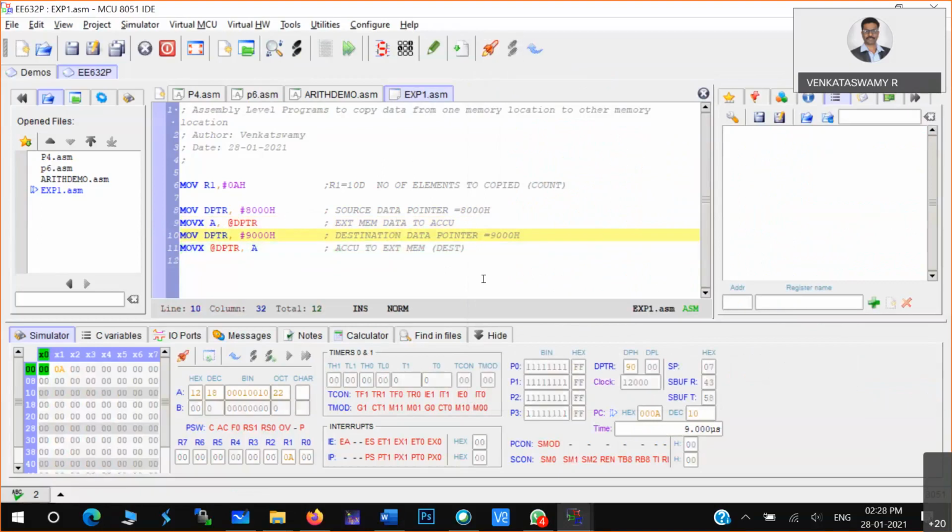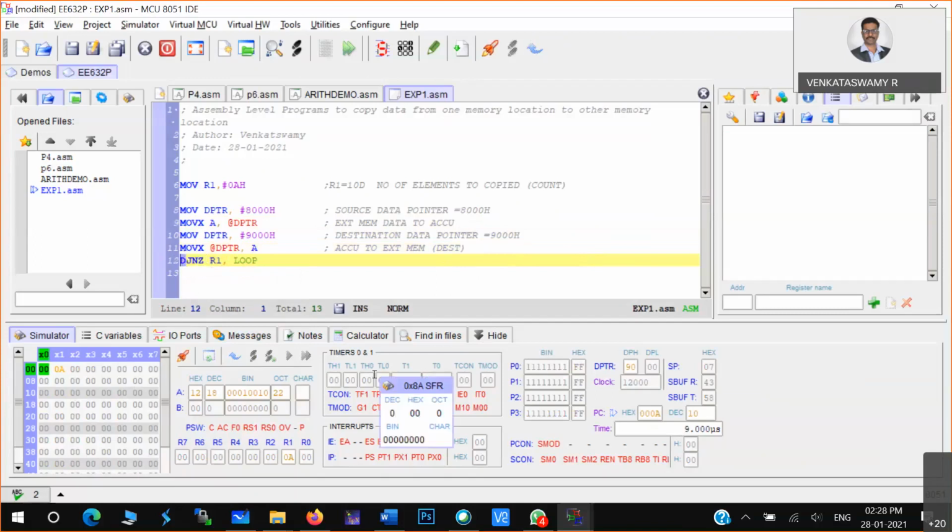So let me enhance this particular program. Now what we have to do? I'll write something like this. There is one instruction in the microcontroller: decrement and jump on no zero, DJNZ R1, loop.